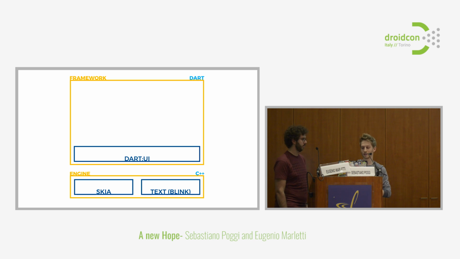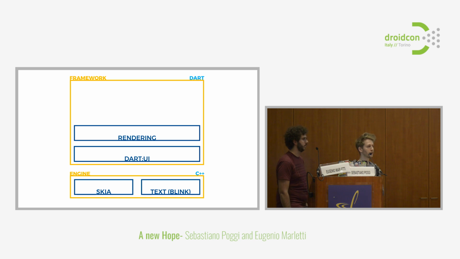Now, you could do this, but what they did was build another layer on top of this, which is called the rendering layer. The rendering layer is probably the closest thing you have to Android. You have these render objects, which are the equivalent of views. So they are huge, heavy, mutable objects that hold these properties that describe how they're drawn on the screen. For example, the color of something, etc. Whenever you want to change the way something is drawn, you just change this property, and it will be updated and redrawn. This works in the same way that Android would work.